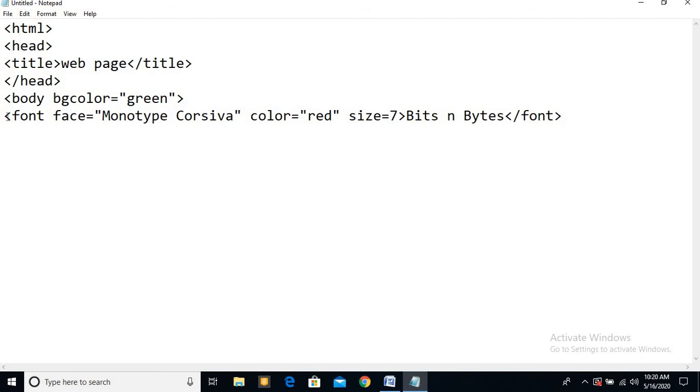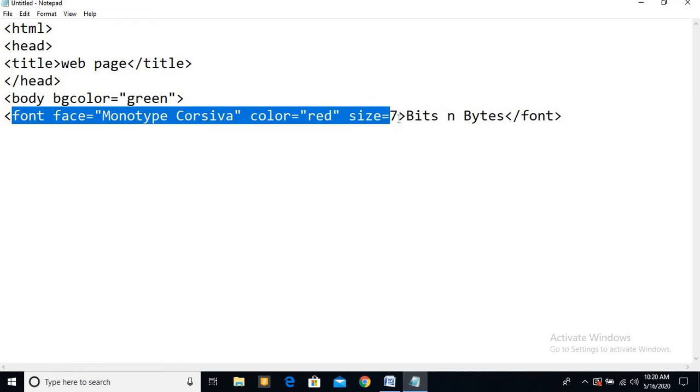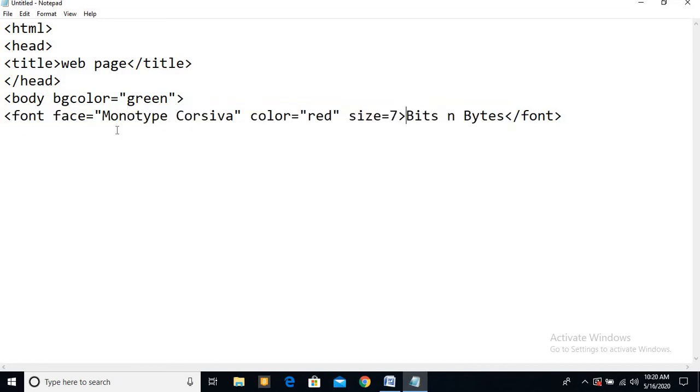So when you have to close an instruction, you have to open that with the particular tag, and after the content you have to close that tag. So whatever text comes between this font's opening and closing, that means all these effects will go to this bits and bytes. Am I clear to you? Okay. So beta, remember, a tag can open with the attribute but never close with the attribute.